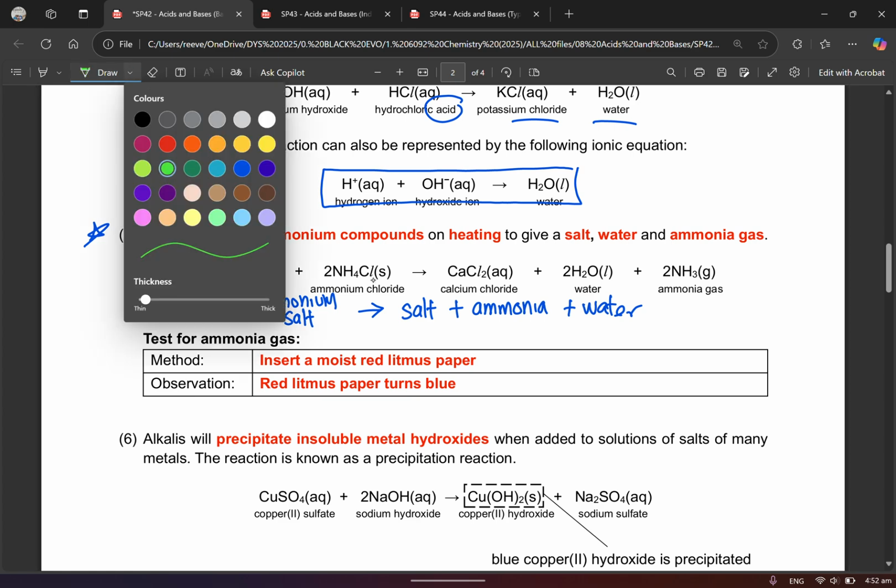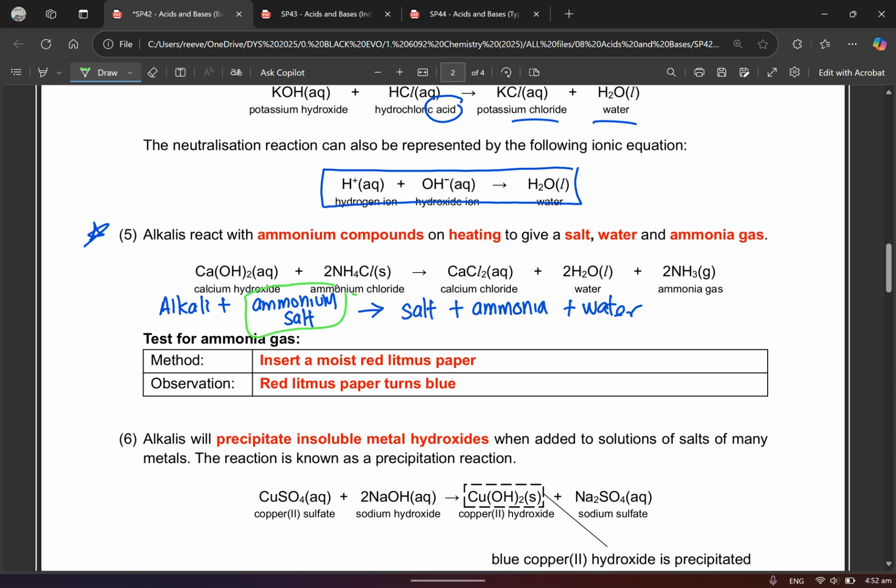Okay, the first question, what is an ammonium salt? I trust you know what is an alkali. So what is an ammonium salt? Ammonium salt basically will contain ammonium. So there's a word ammonium over here, as well as an ammonium ion. So ammonium salt will contain ammonium ion, NH4. Okay, a salt, at the moment, will end with chloride,